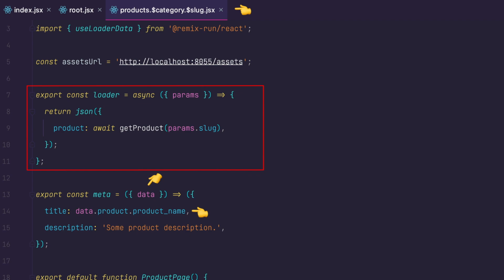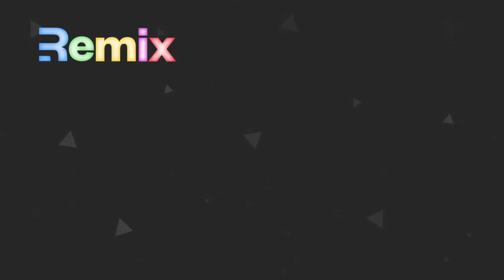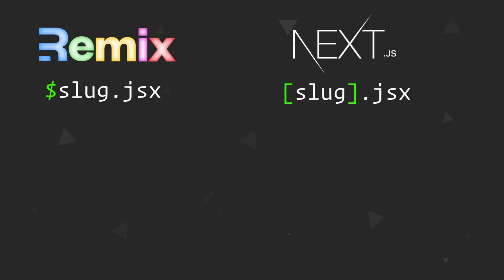I'm doing that on the single product page to set the title of the page to be the name of the product. Now, to link the product to the product page, you first need to define that page. You can do that almost identically to Next.js, except you would use $ sign notation for defining dynamic parts of your route instead of square brackets. In Next.js, you would get the page by slug by writing [slug].jsx, but in Remix, that page would be called